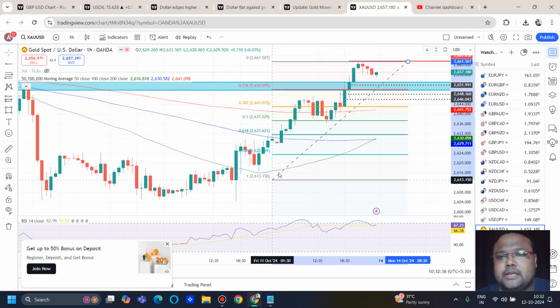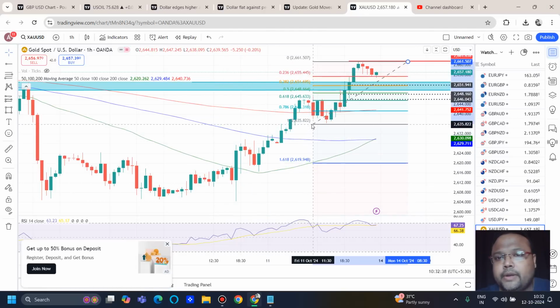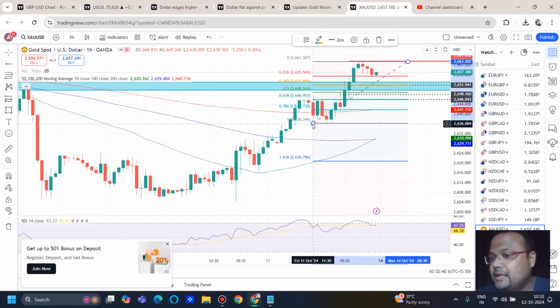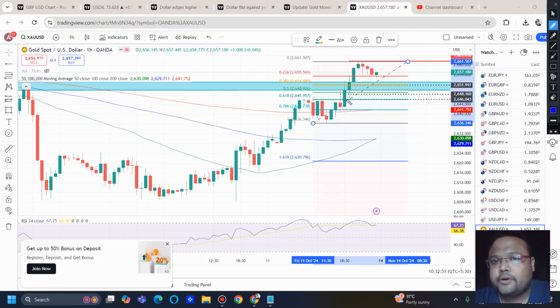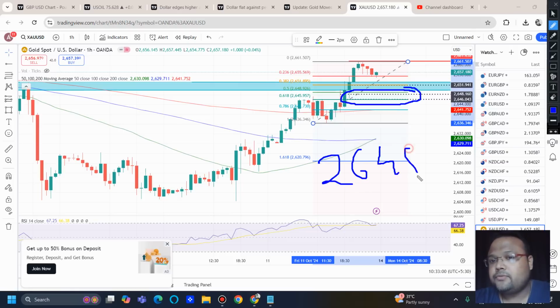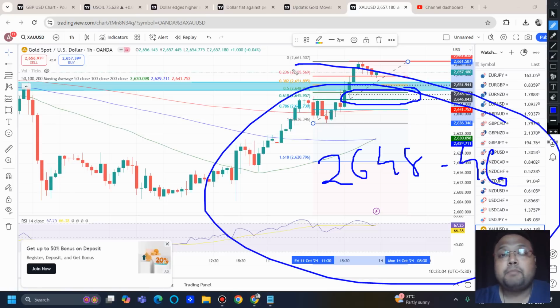Okay, and if we change the FIBO starting point here, we can see a slight difference in the levels. We can also see another support around the 2646 area. So we have 2648 to 2646 as the first level where we can look for a buy position on the chart of gold as a buyer,